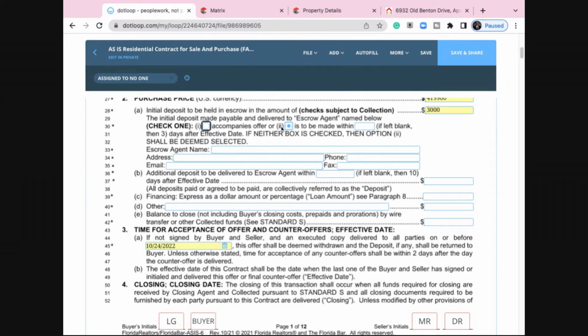So again, this is the option. This is what's common. Now, most of us leave it blank, which is 3 days. In some cases, you might want to put a number in here that's beyond 3 days. Let's say, for instance, you're working with a